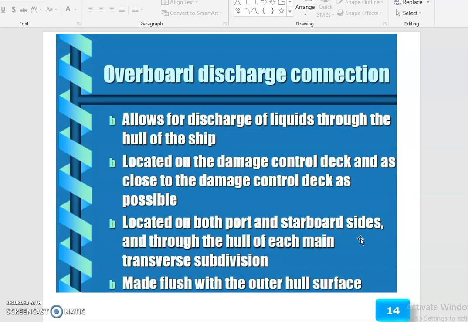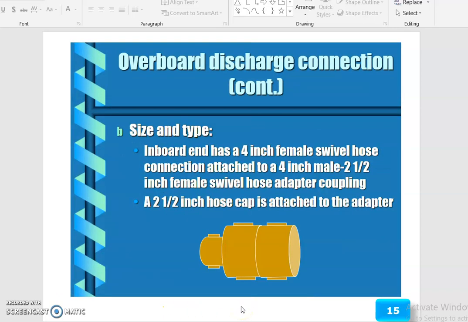The overboard discharge connection allows discharge of liquids through the hull of the ship. It is located on the damage control deck, or as close to it as possible, on both port and starboard sides, through the hull of each main transverse subdivision. They are made flush with the outer hull surface.